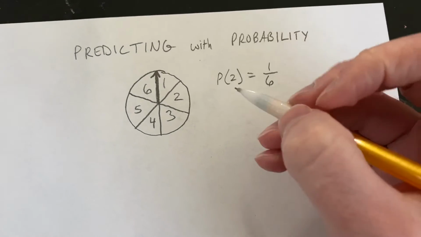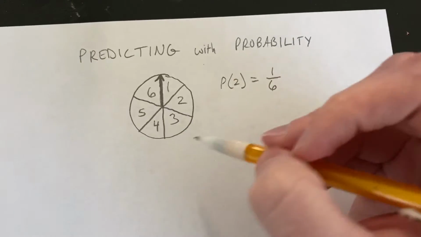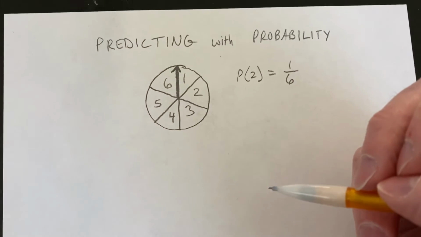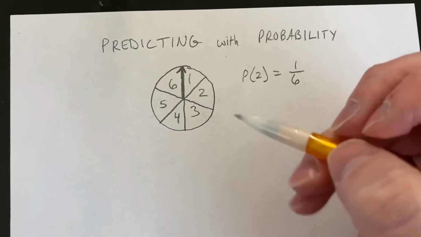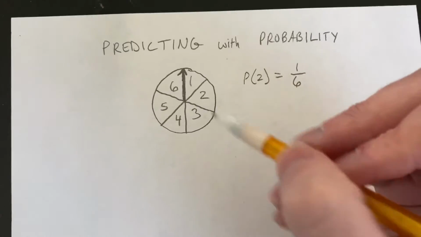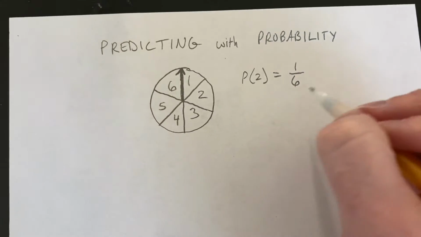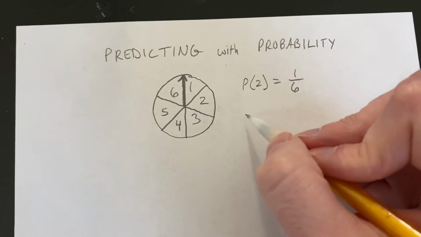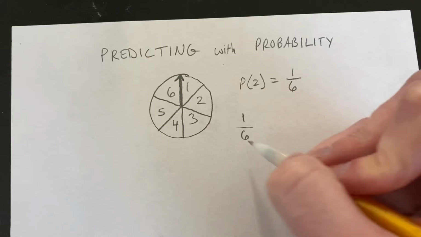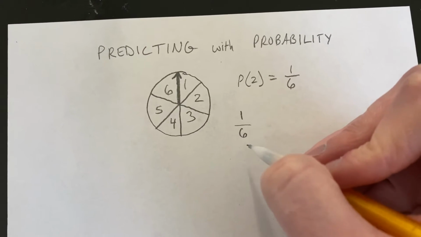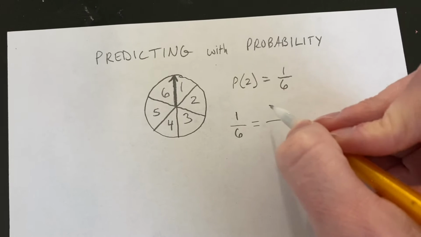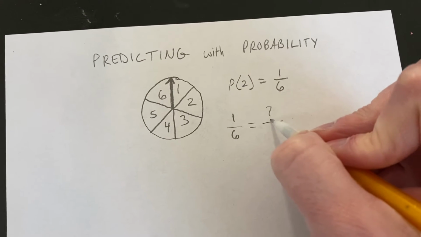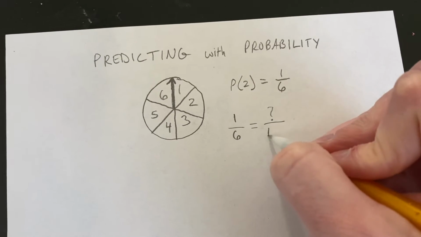Now, let's say that I spin this spinner 120 times. How many times would I expect that my spinner would land on the 2? Well, I can use this probability to help make a prediction. So there's 1 out of 6 is my simple probability. And I know that I'm trying to figure out how many times do I expect that to happen if I